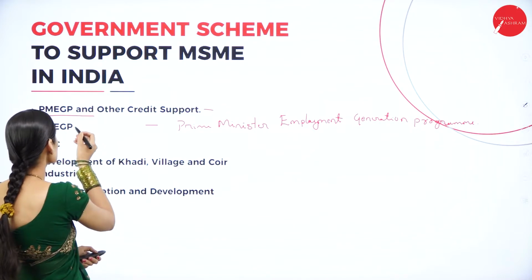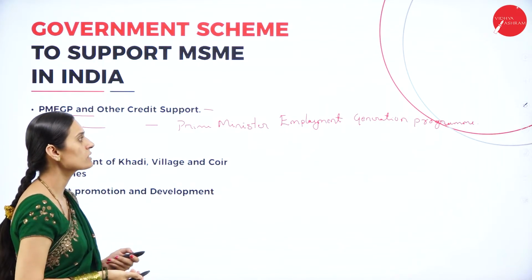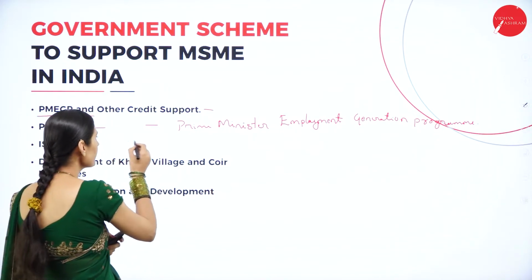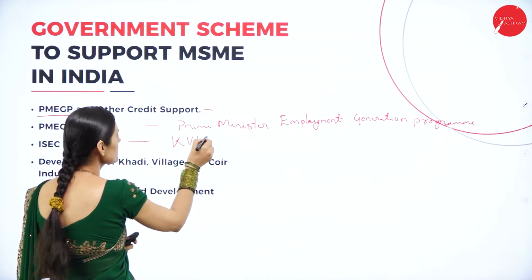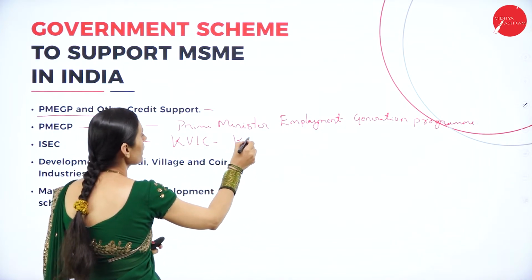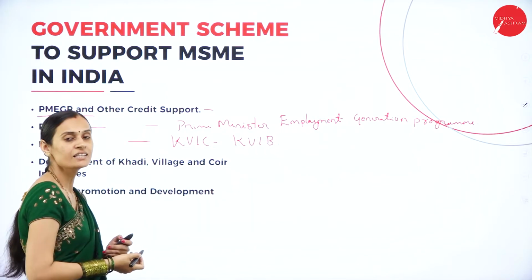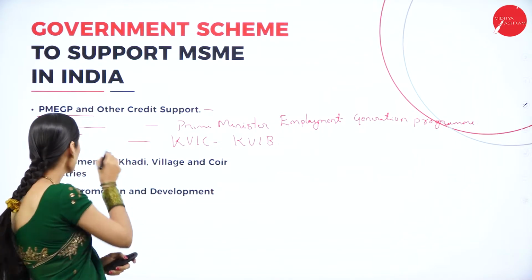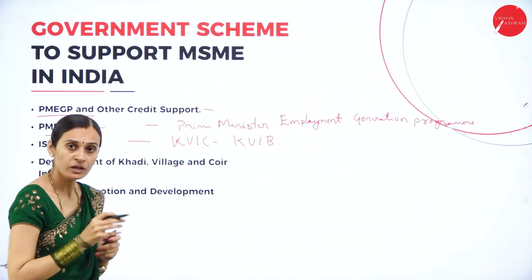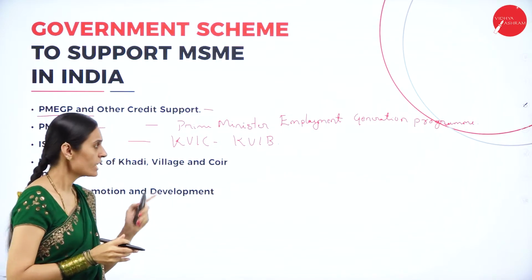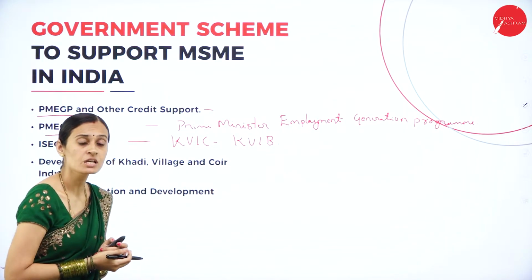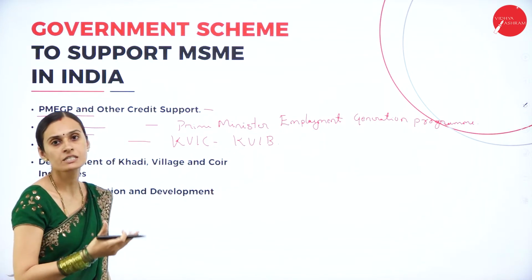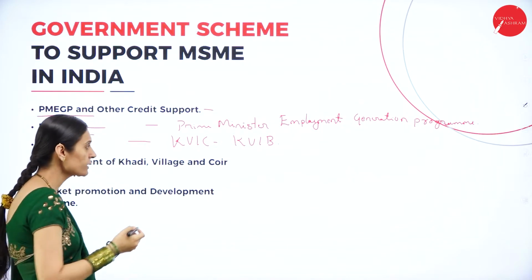And next one, that is PMEGP, the Prime Minister Employment Generation Programme. Yes, this particular programme is implemented through KVIC and KVIB: Khadi and Village Industries Commission and Khadi and Village Industries Board. PMEGP works through these two important bodies. So this is at the central level, and at the state level it works through the Khadi and Village Industries Board itself. And next one, that is